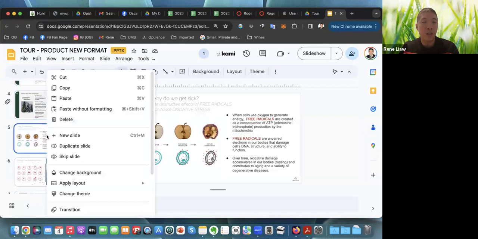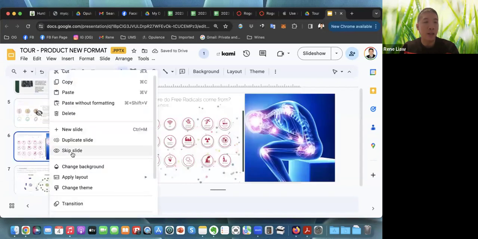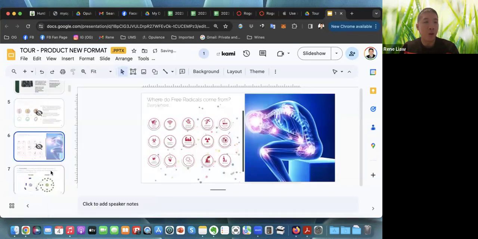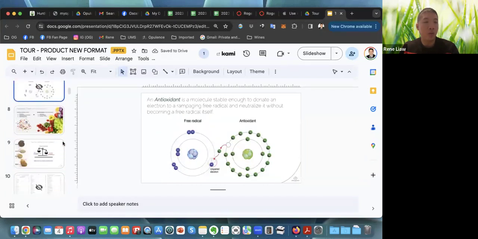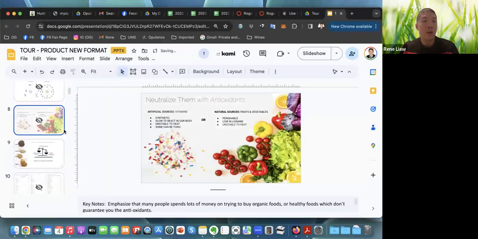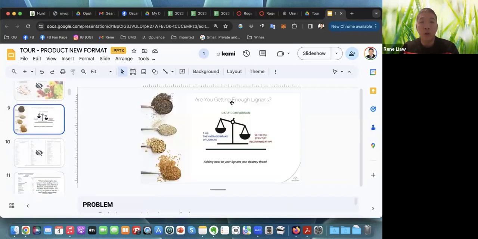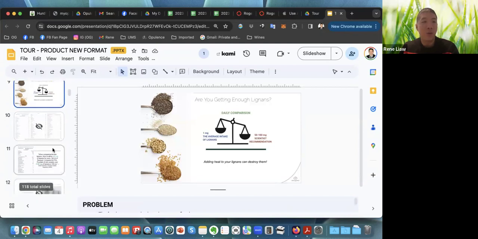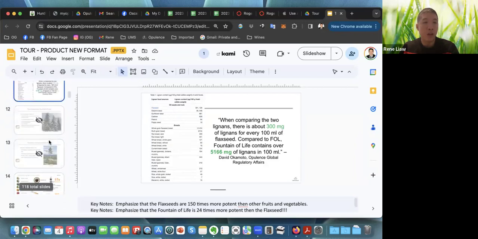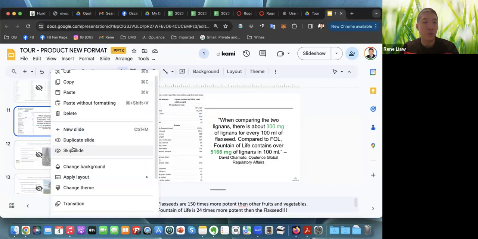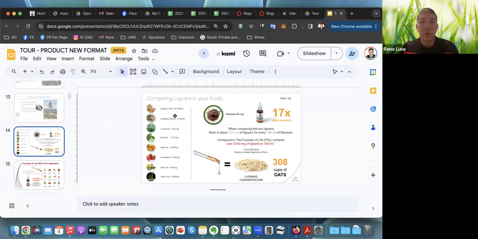Actually, this one, I had hidden this slide, and also this slide. Sorry, so after this slide, which is what are we missing in lignins, then we go into, are you getting enough lignins? Sorry, I actually made some modifications here. This one's hidden too. Then we go into this one here, which is showing where you can get lignins,